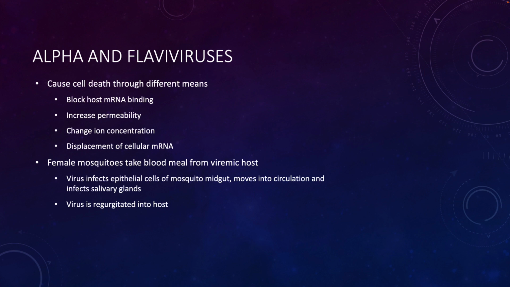One of the important ecological factors about arboviruses, especially those transmitted by mosquitoes, is they must be transmitted by female mosquitoes. Male mosquitoes don't take blood. They don't bite. So sometimes, if you're outside and there's a mosquito just buzzing you, but not biting you, it's almost always a male.